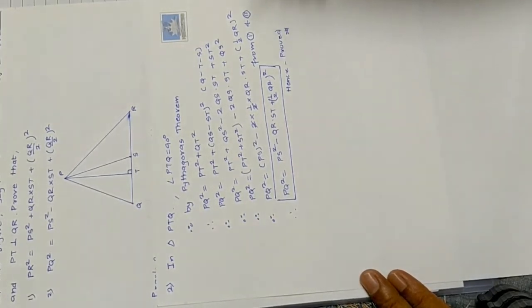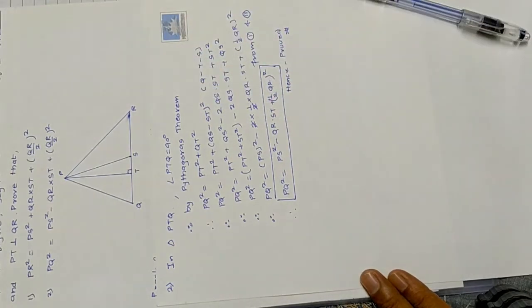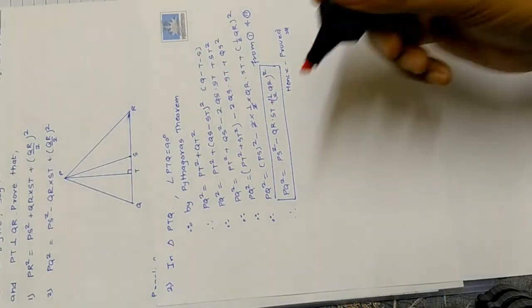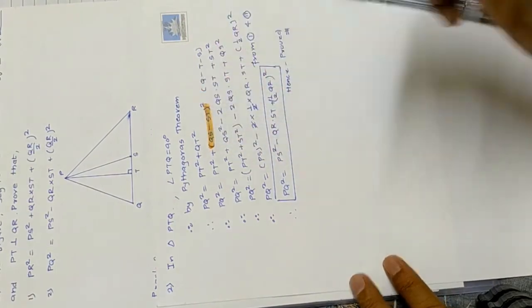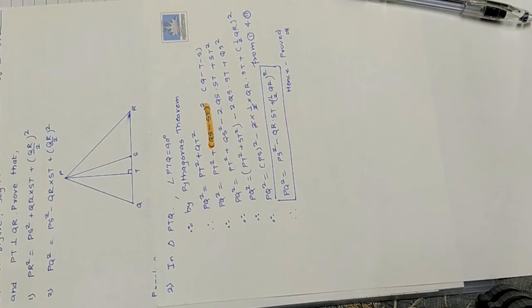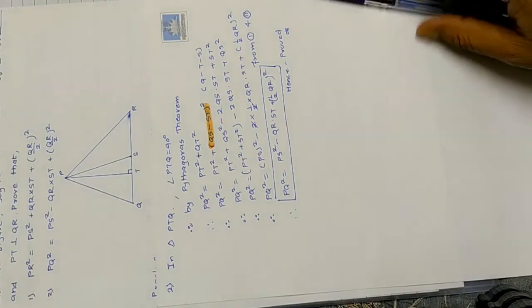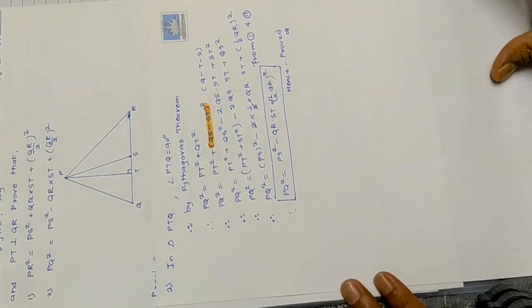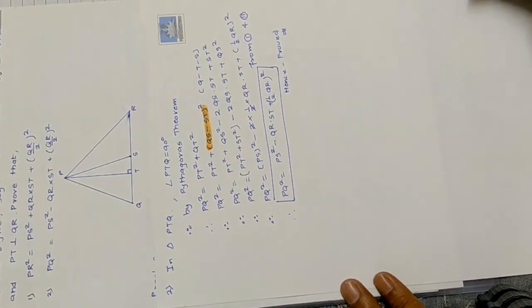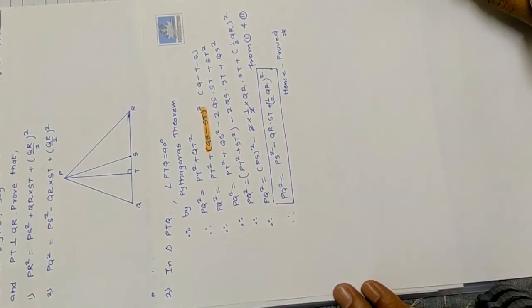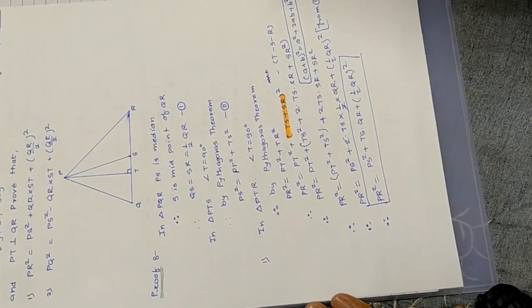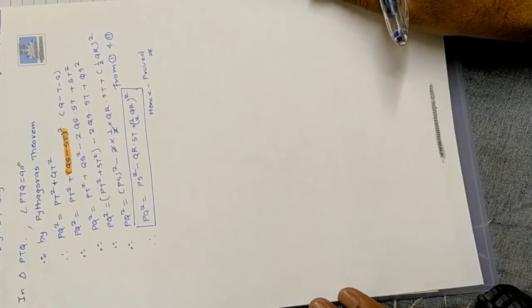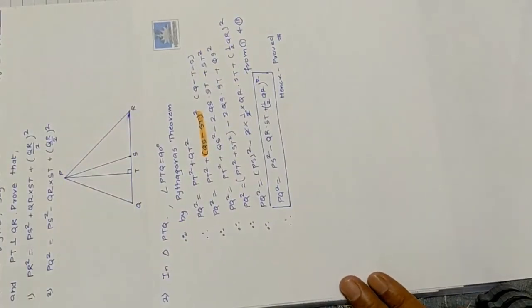Okay, so what is the important step here? This is the important step. Now let us highlight it. This is important step. Okay, so like this we have proved both the parts. So as I told, this type of example may come for 4 marks in your board exam. So this is first part and this is second part. Thank you. Enjoy solving maths.